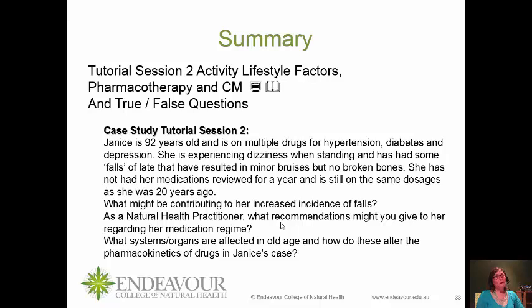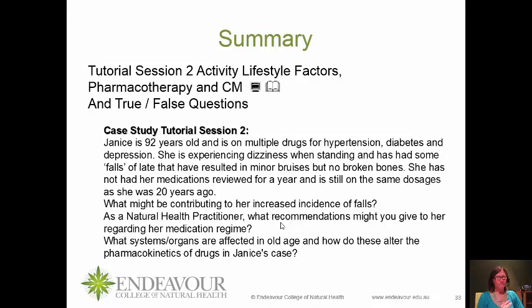We'll continue on looking at other factors that affect the actions of drugs at their target site. We'll look at some other pharmacokinetic parameters apart from absorption effects and distribution effects. We're going to have a look in a little more detail at first pass elimination effects, so that will involve looking at biotransformation. Biotransformation, a term that's used in general for toxins, and when it comes to drugs we just call it drug metabolism. But before we have a look at those, we would like you to consider this particular case